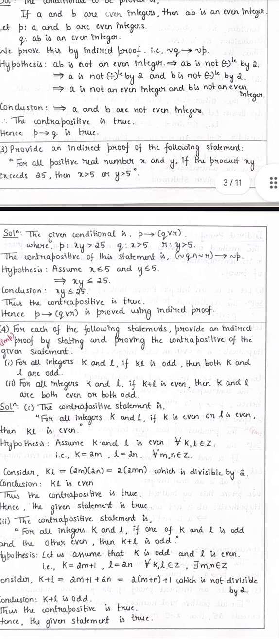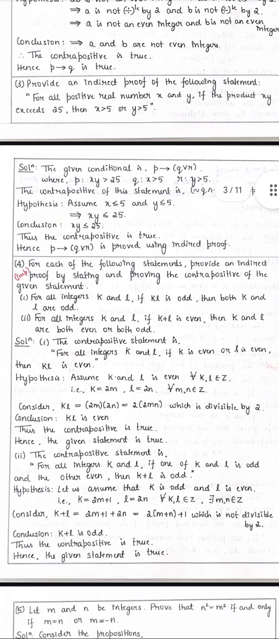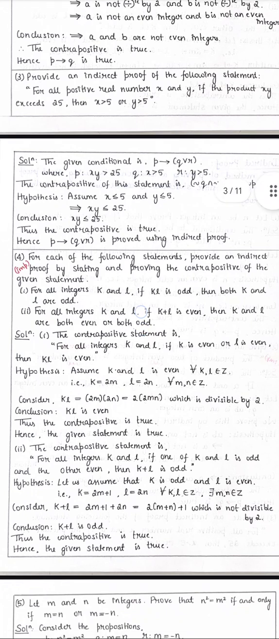Provide an indirect proof of the following for all positive real numbers x and y. If the product xy exceeds 25, then x is greater than 5 or y is greater than 5. So the given condition is P implies Q or R. P is xy greater than 25, Q